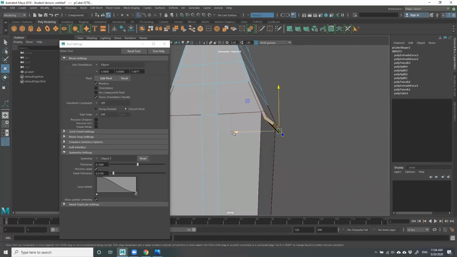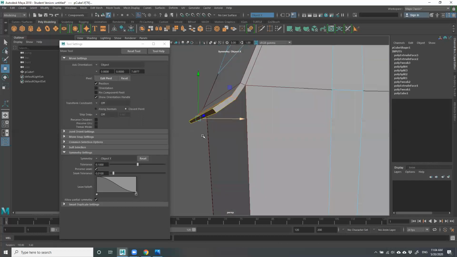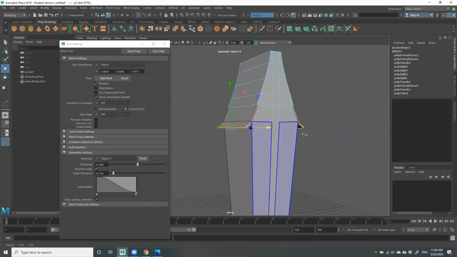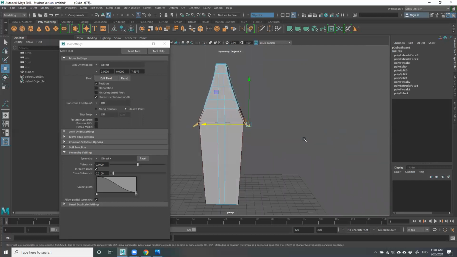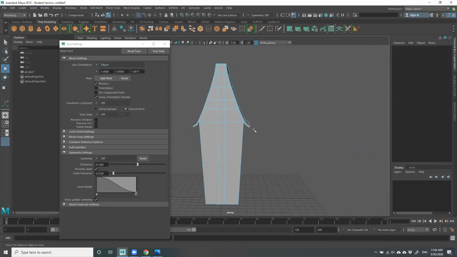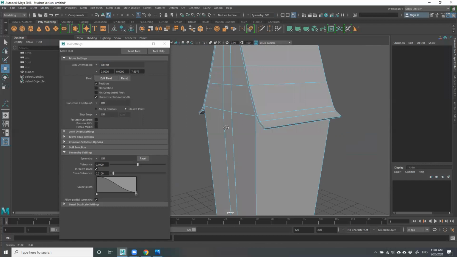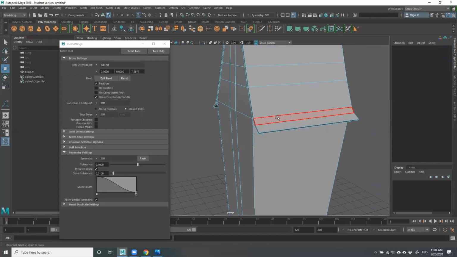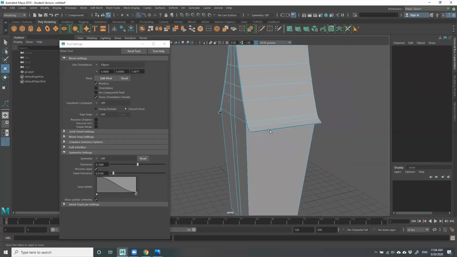Got this nice little, yeah, something like that. That's kind of cool. I like that. And then from here, let's just get out of here. And let's turn this back off now. Don't forget, if this annoys you, which it might, don't forget to turn it back off here. So from here,